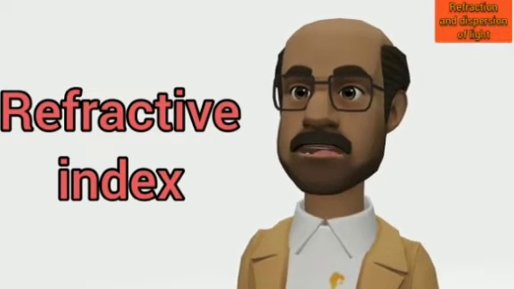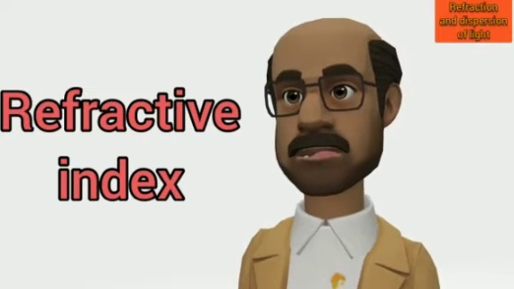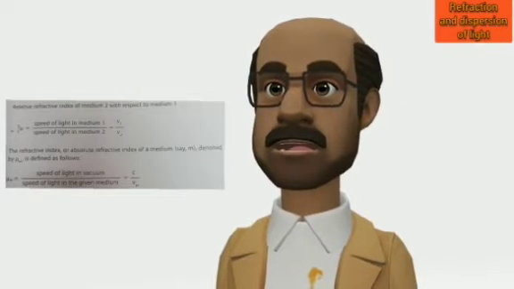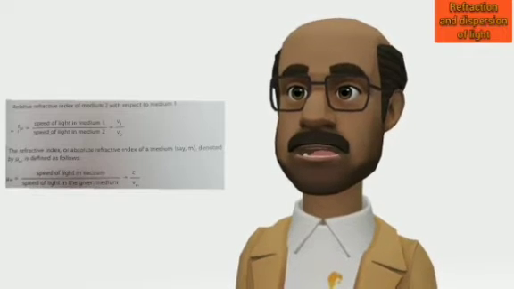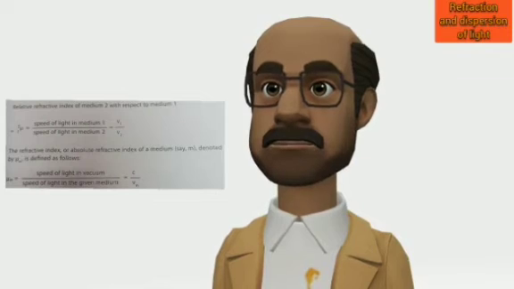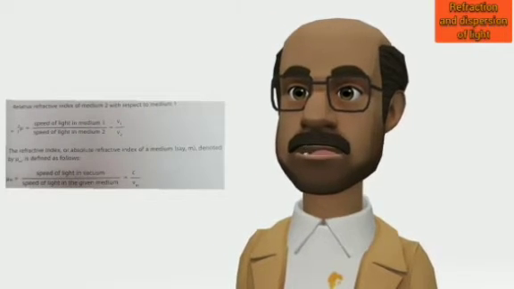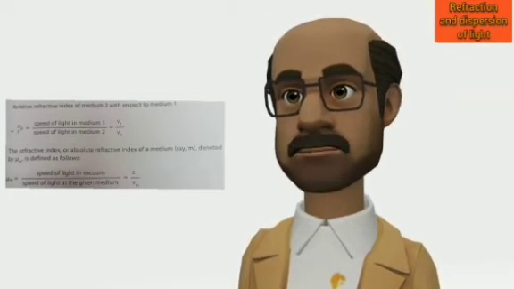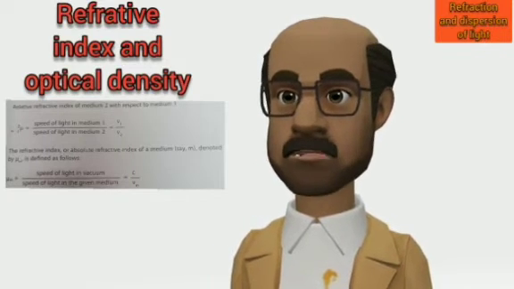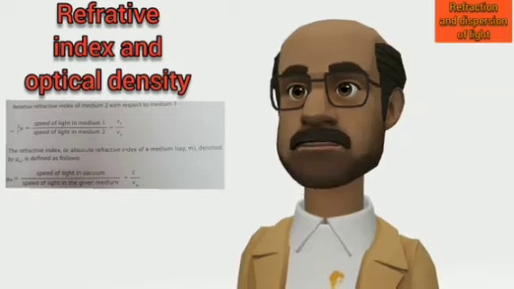The ratio of the speed of light in a given pair of media gives us a measure of the extent of refraction, or bending, of the ray of light as it goes from one of these media to the other. We use this ratio to define a term called the relative refractive index for a given pair of media: the relative refractive index of medium 2 with respect to medium 1. The absolute refractive index of a medium is defined as follows. You can also see the diagram on the screen.